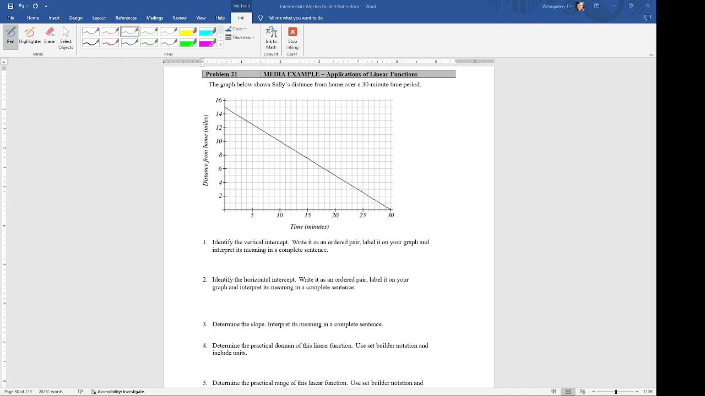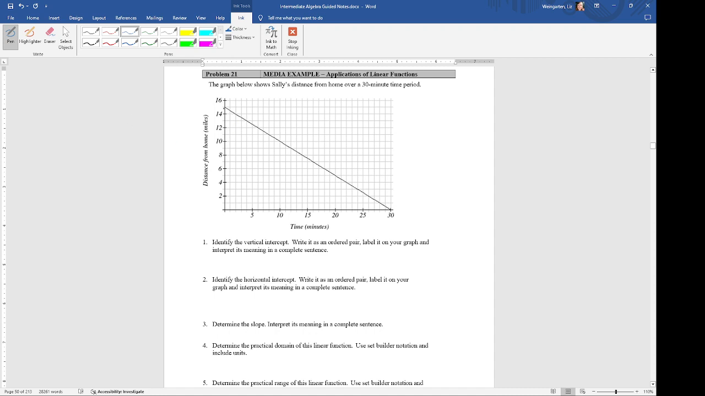Now we're going to look at a graphical representation of a linear function. We'll still be able to find all of the different aspects like vertical intercept, horizontal intercept. Might have to do some calculations to find the slope. First, they want us to identify the vertical intercept, write it as an ordered pair, label it on the graph,